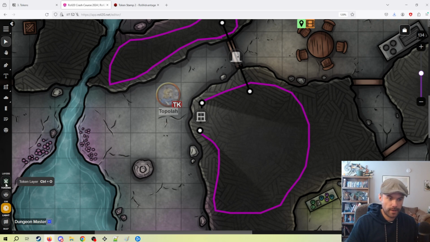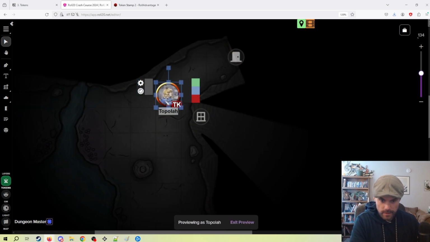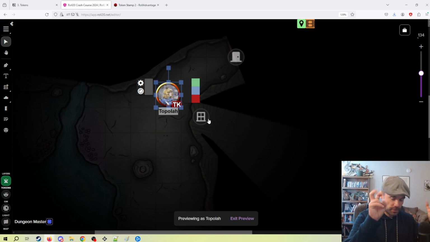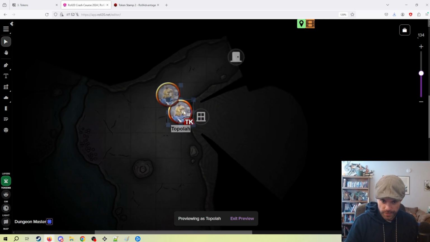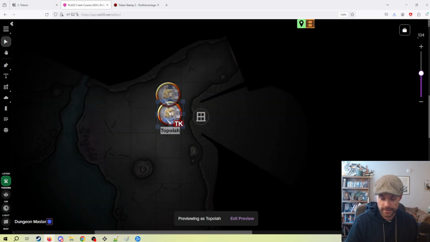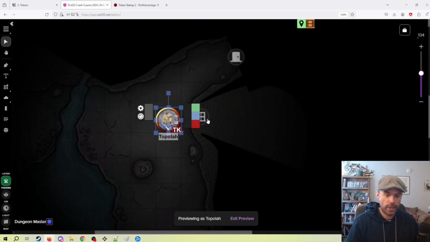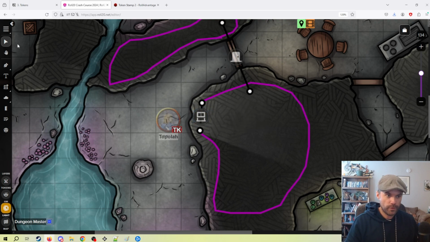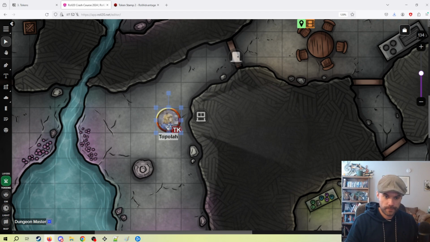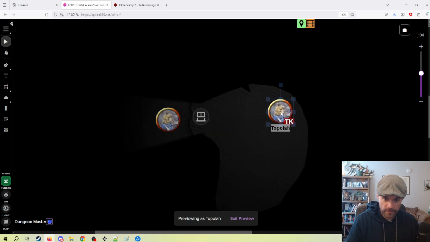And now once we go back out to the token, we can see that the token can see into this window and see what's inside, but like doors, you can't move past it until the dungeon master or game master changes that property. And that is as simple as just clicking on the token itself and saying, okay, now it's open. And now if we go back in as the token